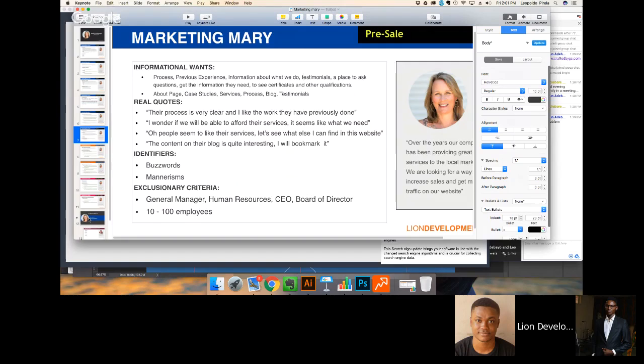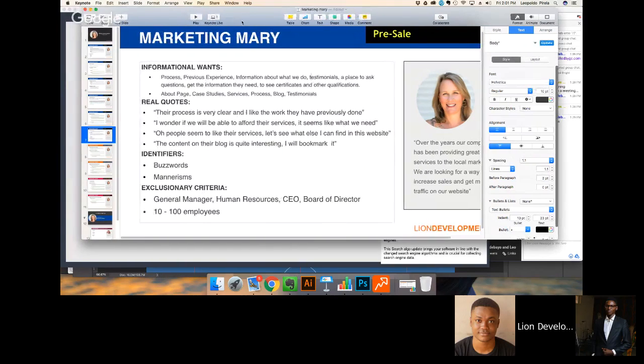On slide 12, I will show you how you can start to do these different ones. So you can do one for general manager, you can do one for human resources and CEO. The main idea, I think, is that they all are at the same level in a company. They are managers and they need an outside source to come and help them to do something. Yeah, I get that.